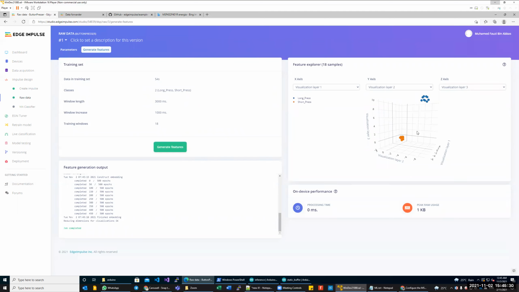And if you notice one thing, they are able to clump these two together very nicely. Each one of these is the actual data, for the long press and the short press. And you can see it is able to very nicely differentiate between the two, which means that our data set is good. It can be clearly defined between the two. Okay. So once you have done that, you can go to the